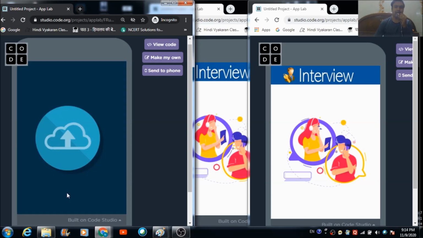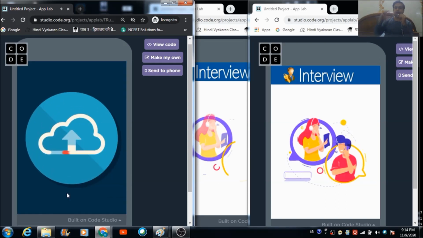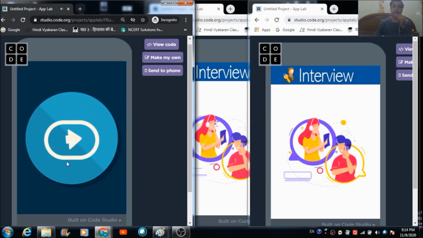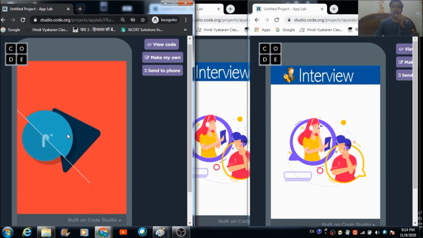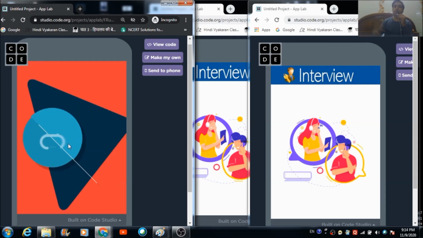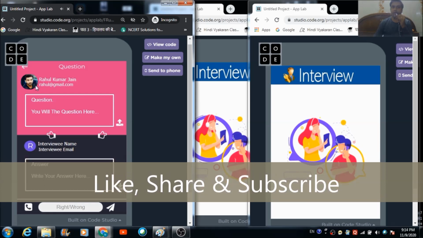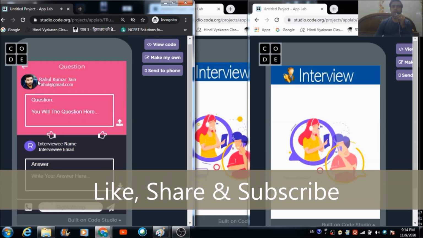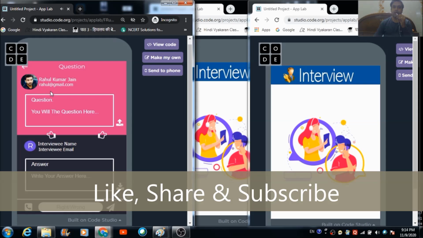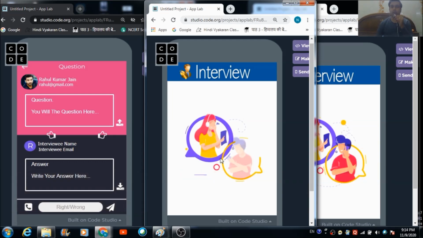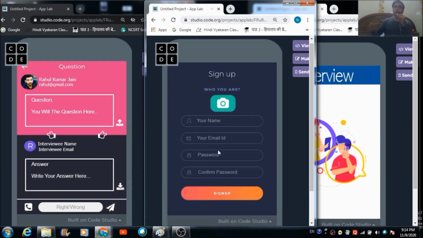Let's now sign up, and this is the screen the admin is going to come across. Now he needs to tap on this screen so as to see his profile. So here Rahul's pic is also reflected, and his name and ID are also there. Fine. Now let's create two more profiles on this platform whom Rahul will be interviewing.